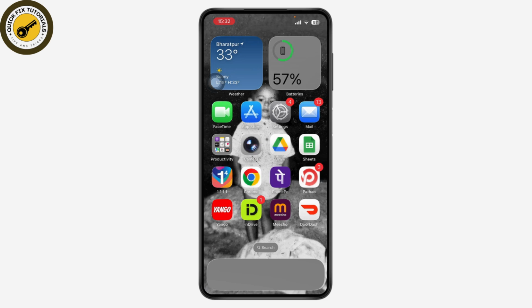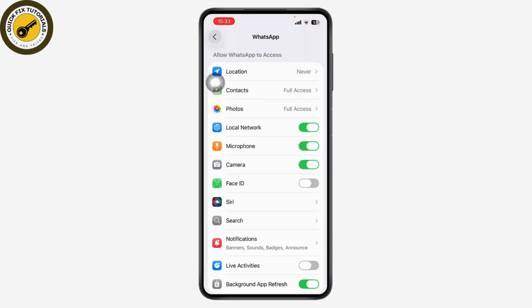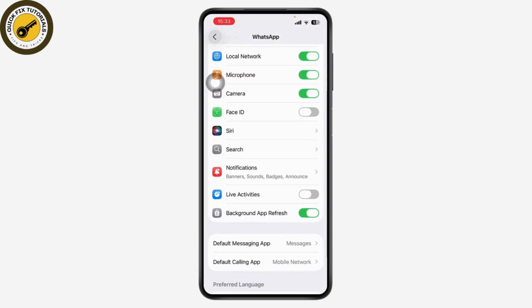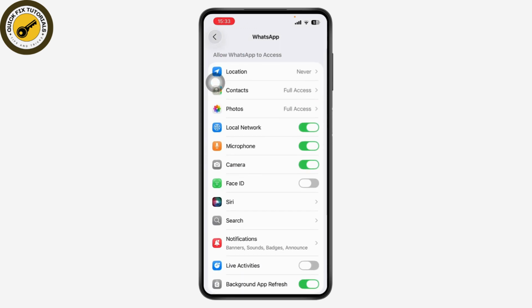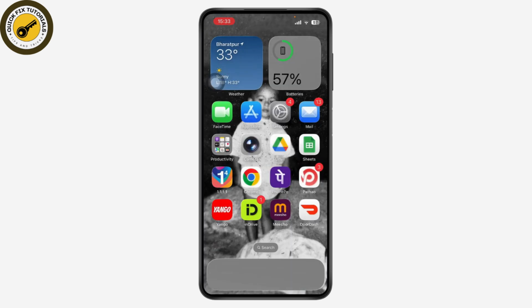After that, go back to your WhatsApp settings. And I also recommend you to enable here all the options that you can find to make the WhatsApp app work better. But if unfortunately your error is not fixed yet, then you can just simply go back, open up